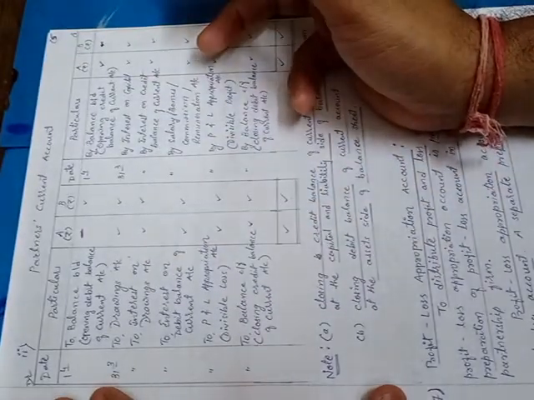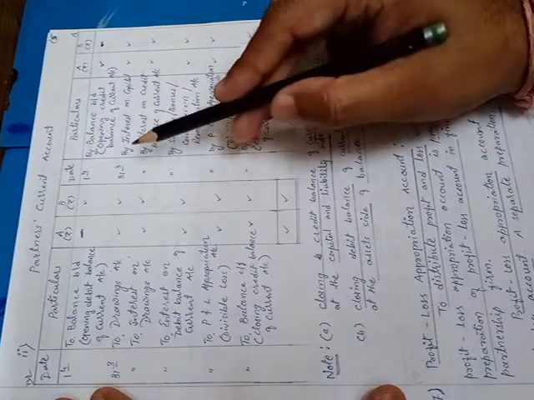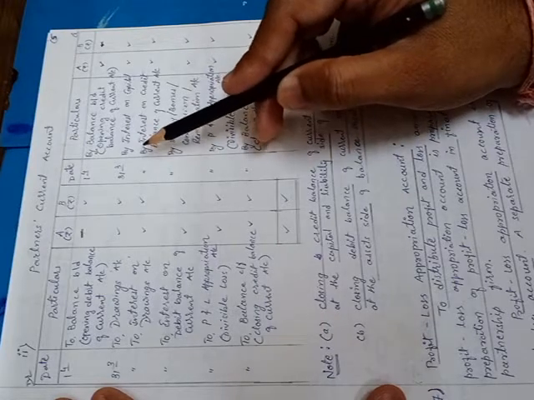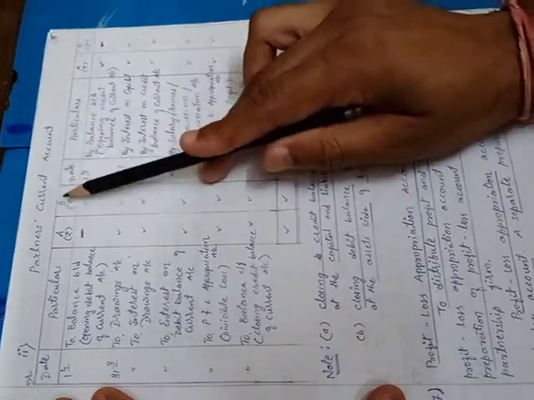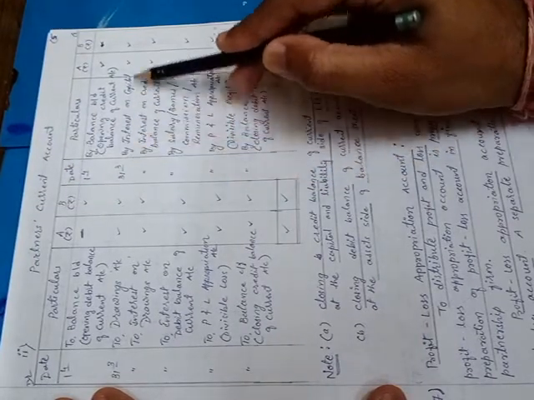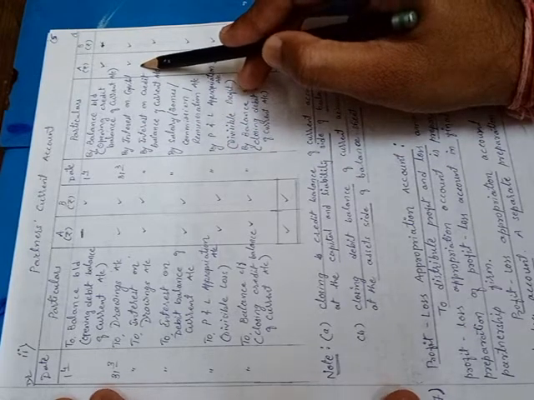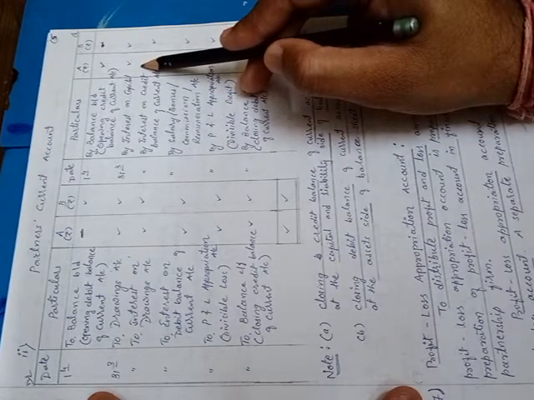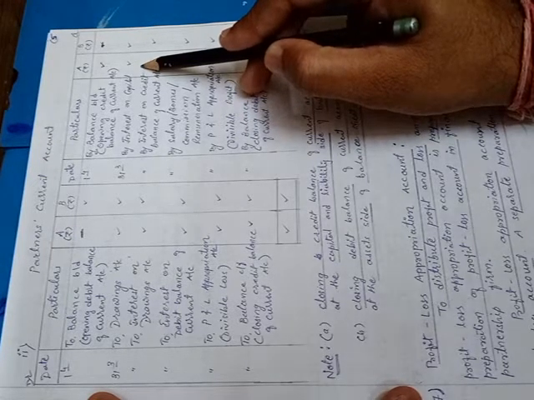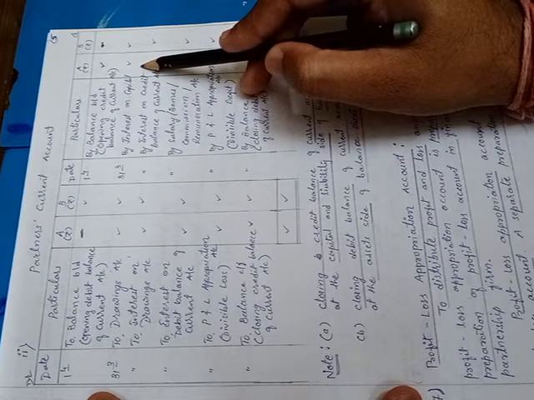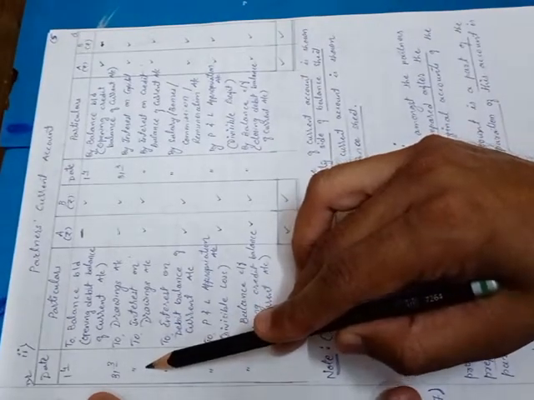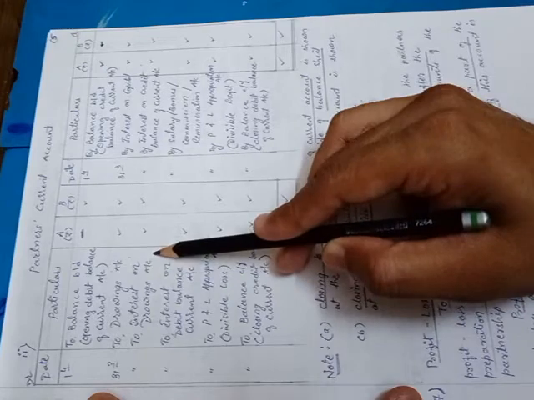Similarly, interest on capital is an expense for the business. So the journal entry here is interest on capital account debit to partner's current account. So on the credit side of the partner's current account we have to write by interest on capital. And similarly, interest on drawings is an income for the business, and incomes are always credited. So the journal entry in this method is partner's current account debit to interest on drawings account. It is shown on the debit side of the partner's current account as 31/3 to interest on drawings account.